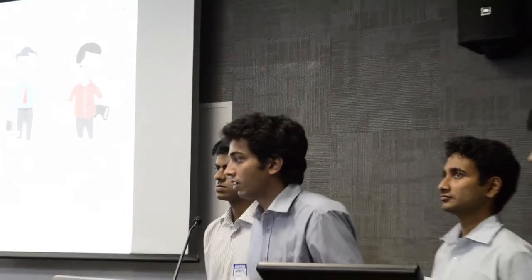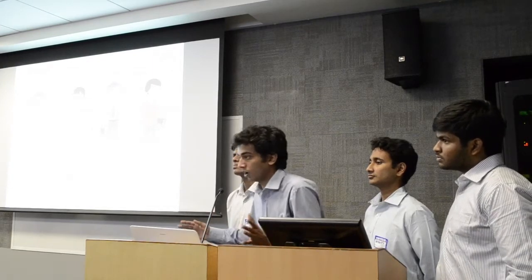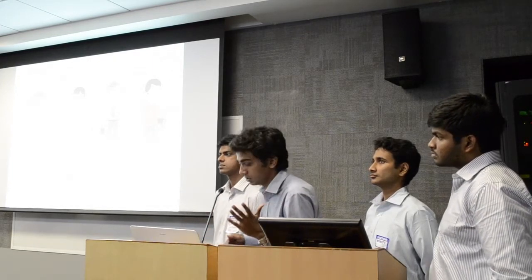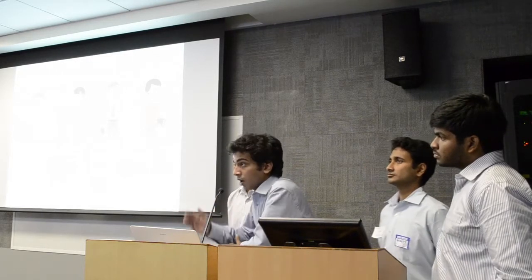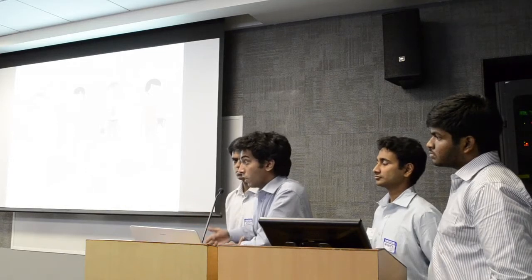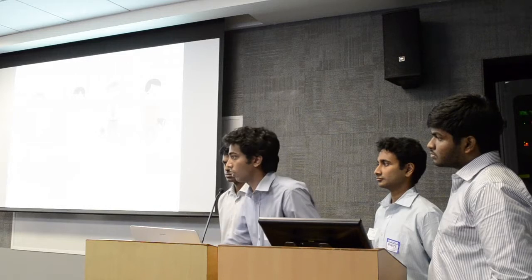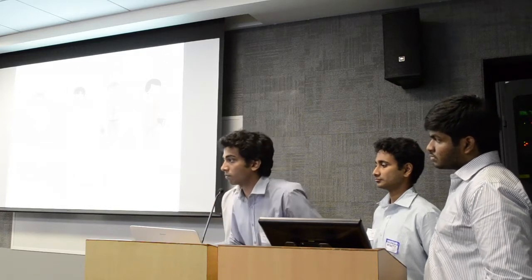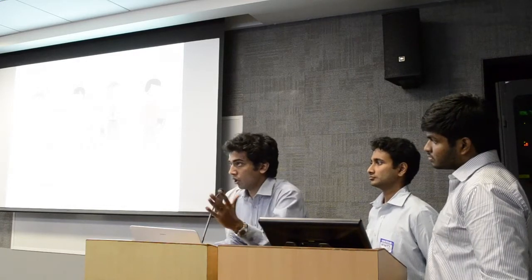So Beta Glide is for developers. They can test various parameters about their app. It's for UI UX experts. They can get to know how the users are using their app. It's for the team leader, who can assign different test cases to the testing team and track the entire testing cycle. Now this will make the app testing and development phase much more efficient and much faster. That means you can launch an app in fewer days as compared to how you are launching it right now. And ultimately it's for the product manager, because the product manager is able to get the needs of the customer and develop the app accordingly.